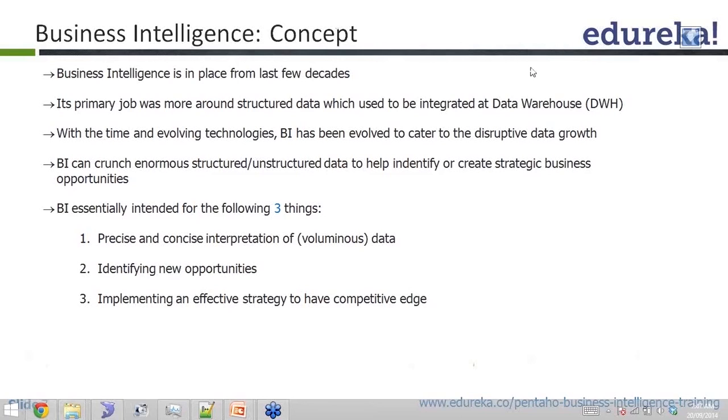That's a different thing, that there were no formal processes laid down. Formally, this BI space has existed for the last few decades, when a few great scientists coined the concept